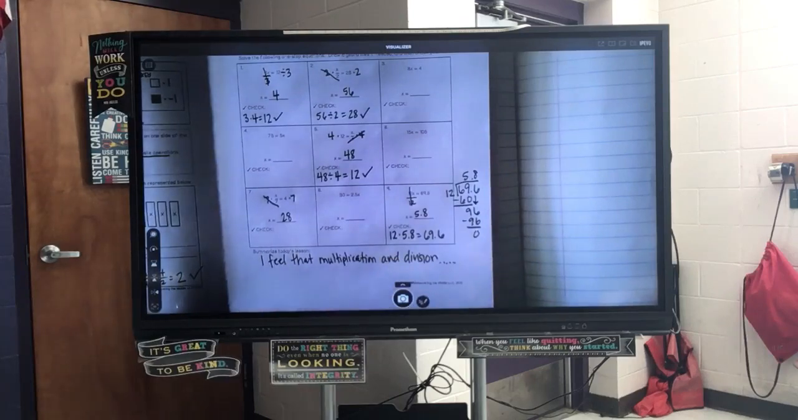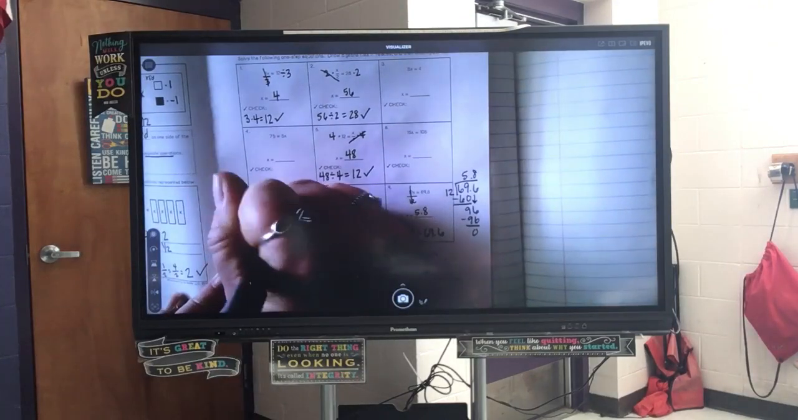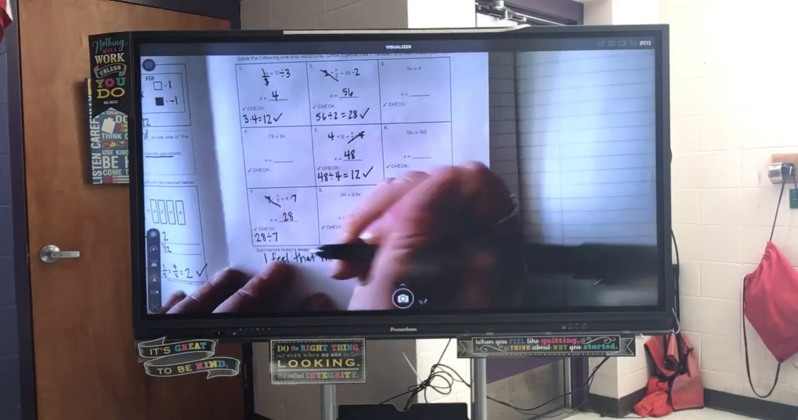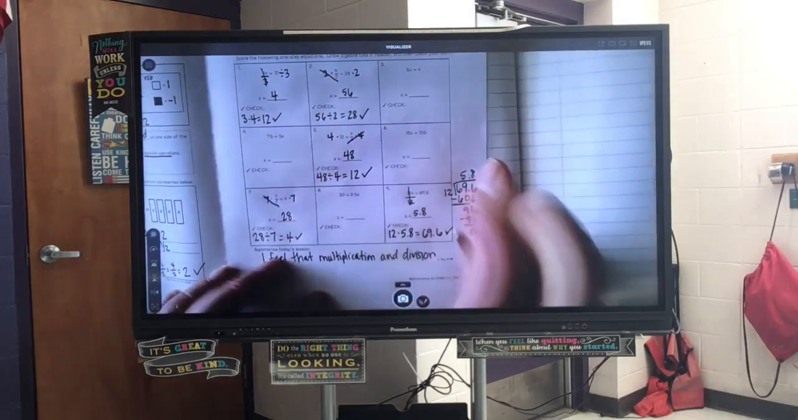You have to swap it? No. So you have to substitute it back in? So 28 divided by 7 does give us 4, so we know that we are correct. Alright, so